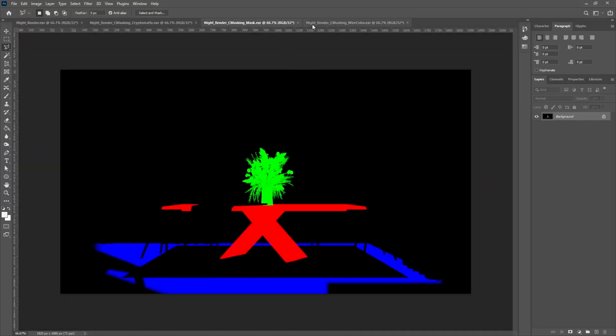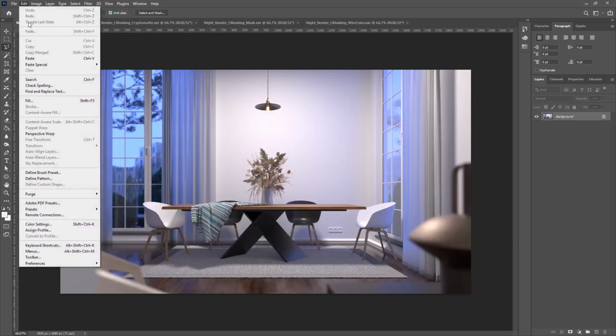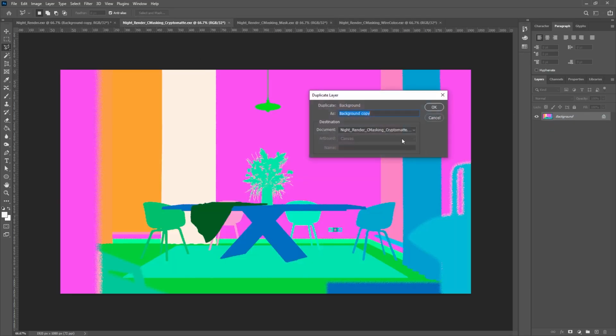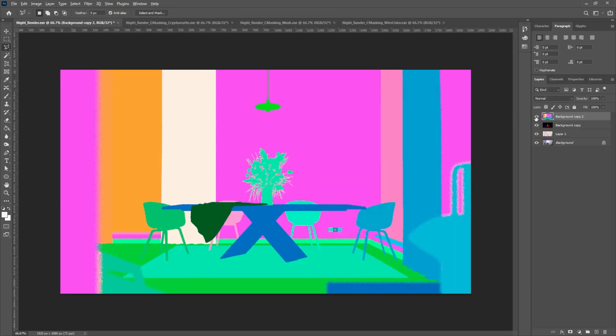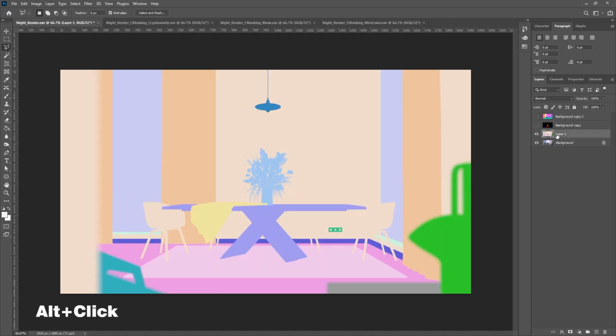After that, we need to copy all the render elements into one file, which can be time consuming if we have many elements. You can isolate each one to view it by using Alt+click, which I will be doing a lot in this video. We will start with the wire core element, where users usually try to select masks from it using the